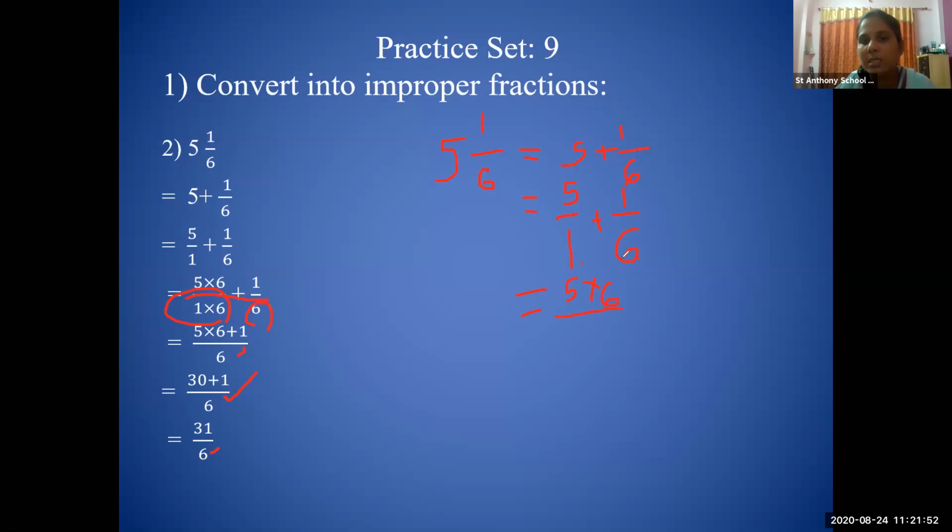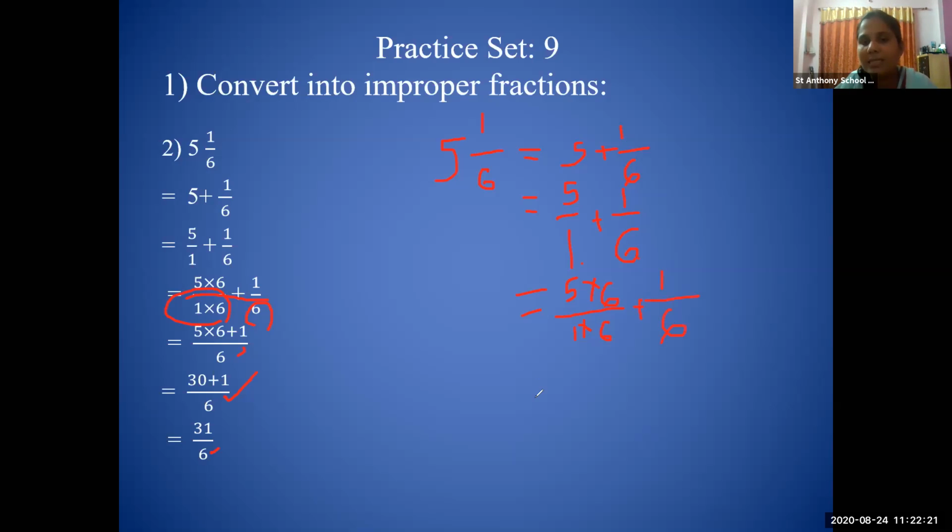Now 5 into 6. If 5 gets multiplied with 6, this 1 will also get multiplied with 6. So 1 also gets multiplied with 6. Okay. ये 1 के साथ multiply नहीं होगा. ये अगर न्यूमरेटर 5 के 6 के साथ multiply हो रहा है तो डिनोमिनेटर उसका 6 के साथ ही multiply होगा. Okay. Plus now 1 into 6 means 6. So we'll get the same denominator. तो हमारा 1 upon 6 भी वैसे ही रहेगा.